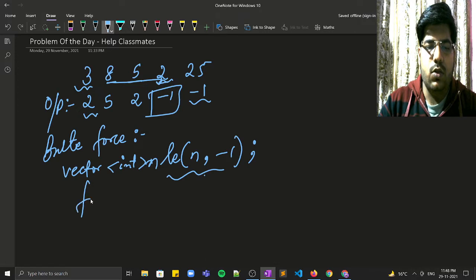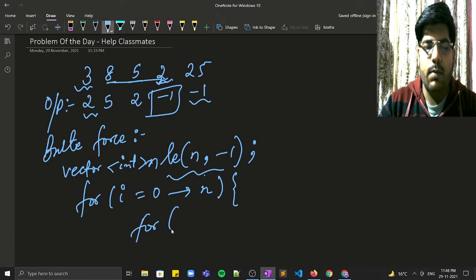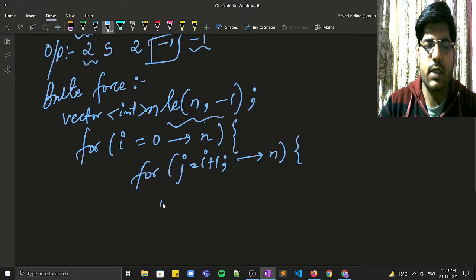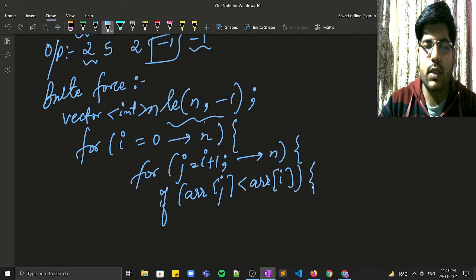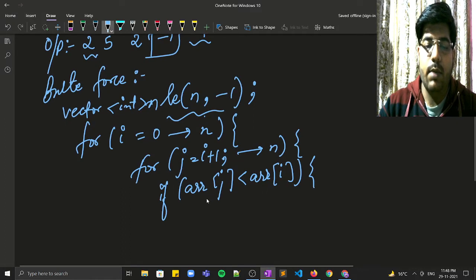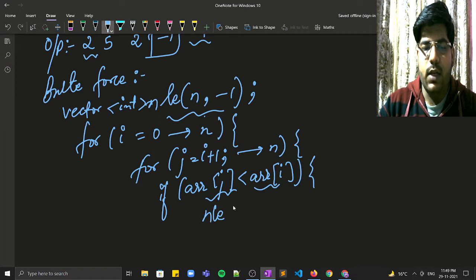In the brute force approach you can start your iteration from 0 to n, and for I there will be a j loop running from I plus 1 to n. You check if array of j is smaller than array of I. As soon as you reach an element smaller than the current element, you assign its value, so NLE of I is equal to array of j, and you simply break out.